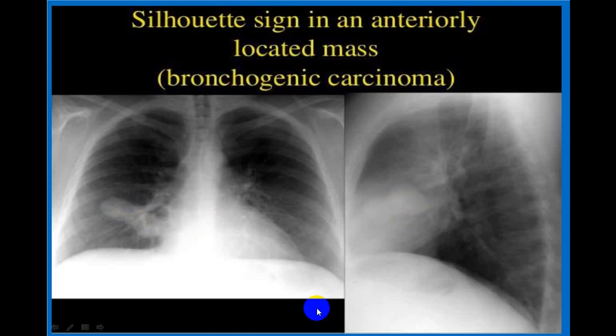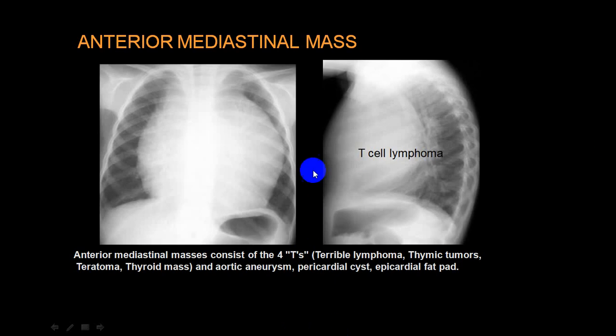Again, you can see a shadow here that will be seen extending into this portion also. This is a bronchogenic carcinoma, and you can see a very big mass, and that is in the anterior mediastinum. This is extending into the anterior mediastinum. You can see there is no retrosternal space seen. This is the sternum. You can't make out anything in that retrosternal mass. So this is a lymphoma, a very big T cell lymphoma, and this is only on biopsy. Yes, you can suspect lymphoma.